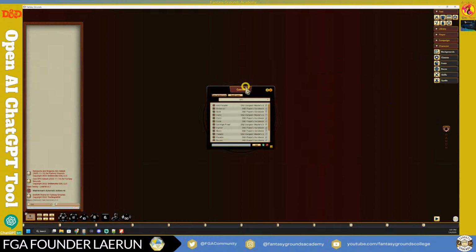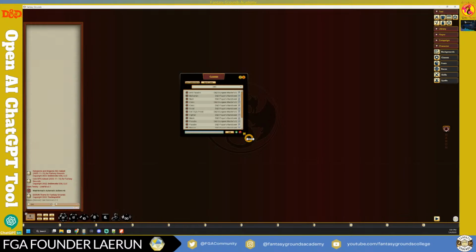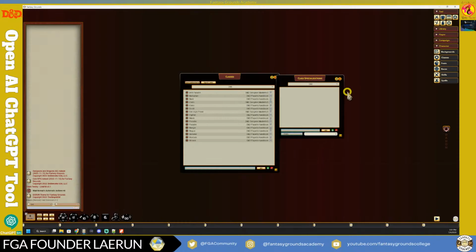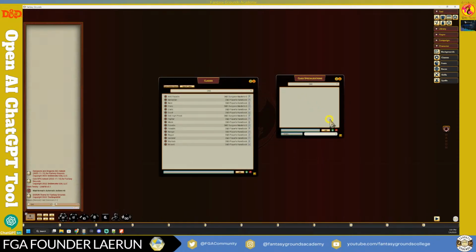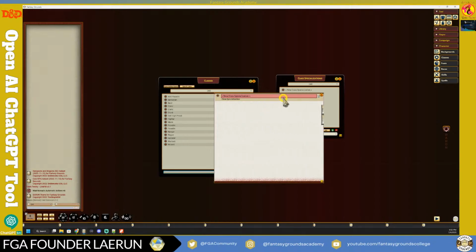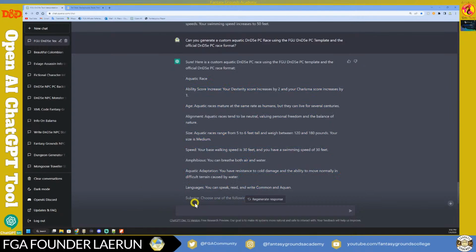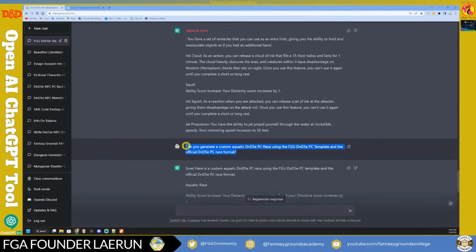So here's classes, and let's do a specialization based off of whatever. So if you do a specialization, does it have an import function? Let's see. No, it doesn't. But you could have it type out the data so you have it, and then you just build from there. So let's go back to the chat and let's ask it to create something. So I'm going to say, can you create a custom oceanic